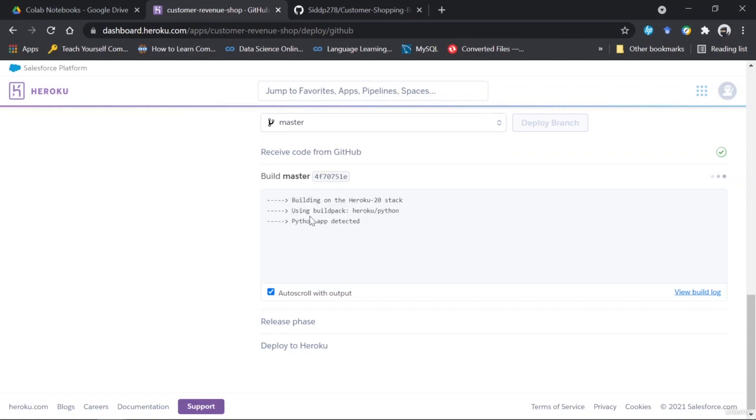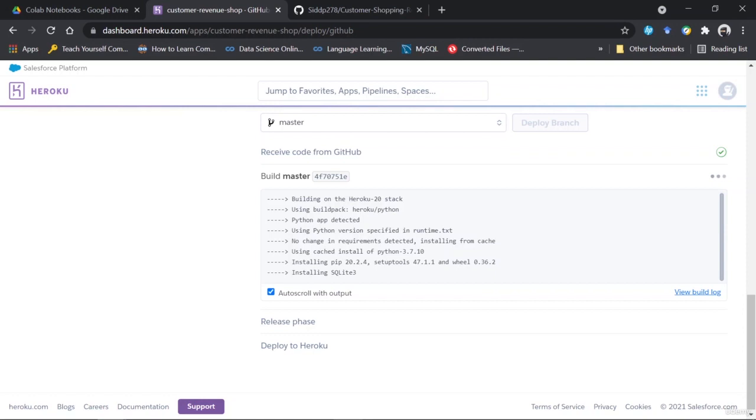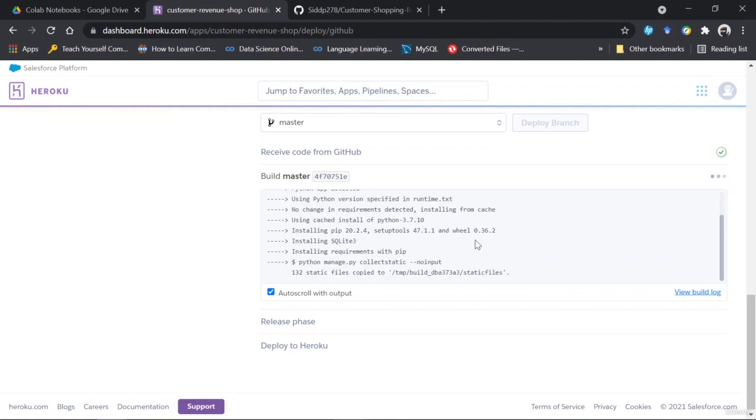You can see that it has now started using the Heroku Python buildpack, and through runtime.txt it is setting up which Python version has to be used. Now you can see that it has installed Python 3.7.10, and it's starting to install all of the dependencies or packages for the